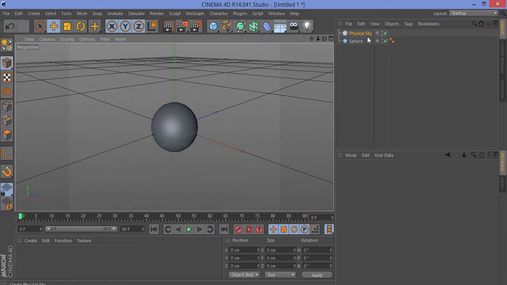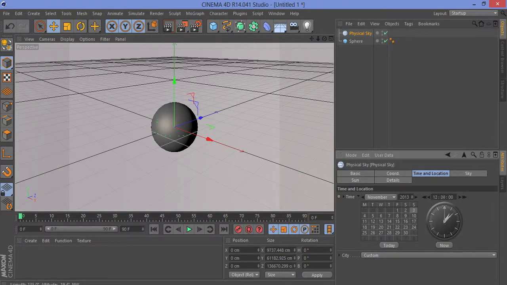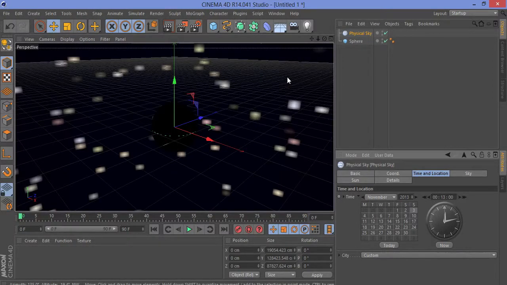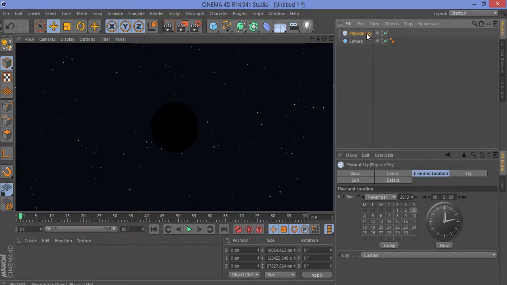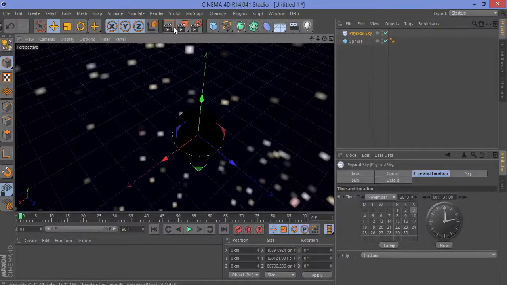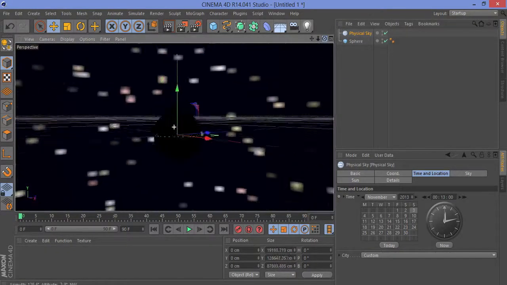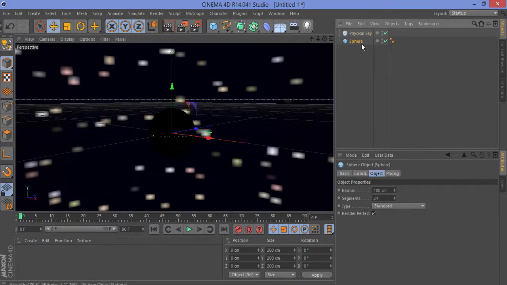We can rather do a physical sky, and then go to time and location, turn it to around midnight, and then it does make a space scene. Well, basically it looks like space, the sort of stars you'd see. It just generates a simple color though, so the other way you can do it is,